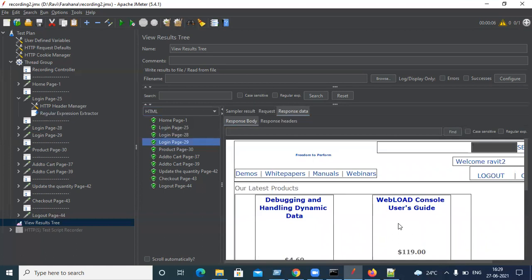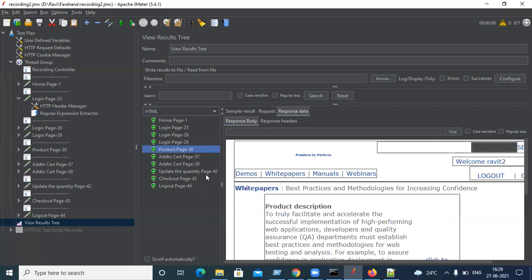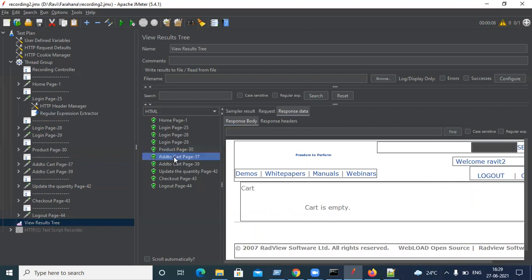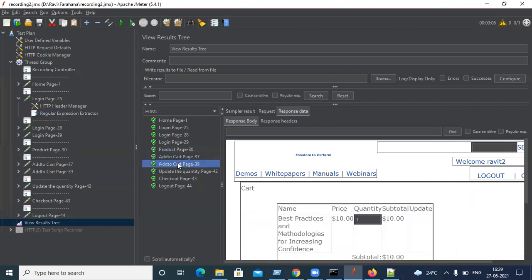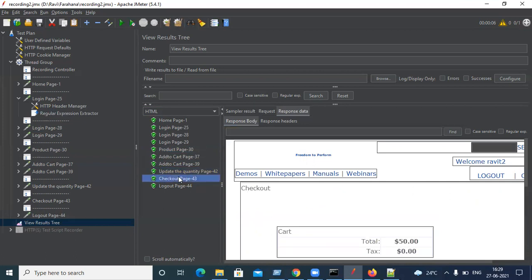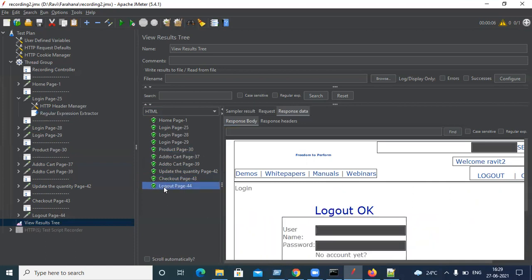Correct? Yeah. Now let's check what is next. Once we resolve this error, only then should we go to the next API. If it is non-dependent, then it will work fine. But if it is dependent, it becomes hectic. So we resolve one error and one API at a time, then go to the next one. Next is the product page, so that's why it's displaying the product page. This is fine. Then add to cart: the first time it will show empty, and the second time it shows the data and updates it. It's not working, but let it be. Then the checkout page, so the value got updated. Checkout here 5 and logout. Okay, so your script is done.